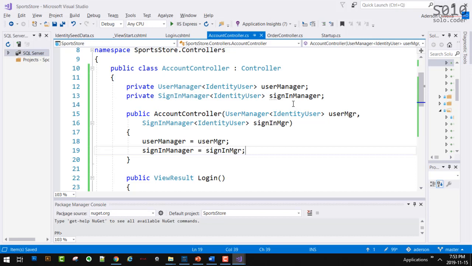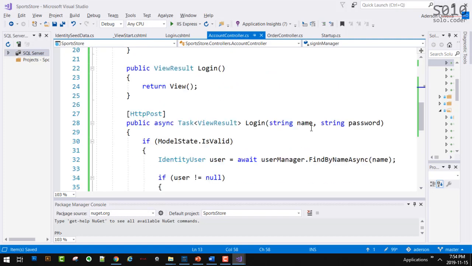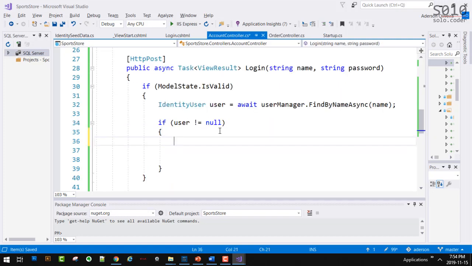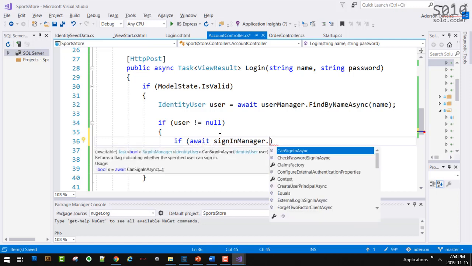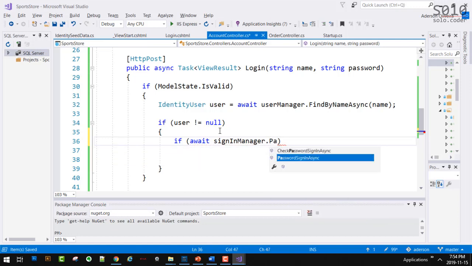Okay, so with the sign-in manager now created, we can check if the password is valid or not. We can do something like this. If sign-in manager, the methods we're going to be using are also asynchronous. So we're going to say if await sign-in manager dot password sign-in async.